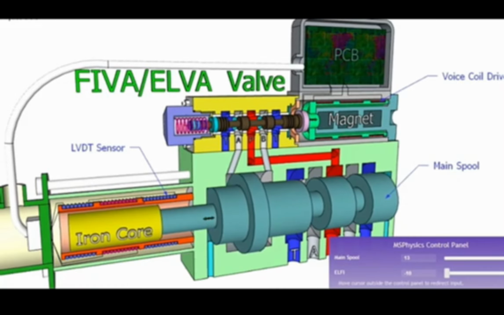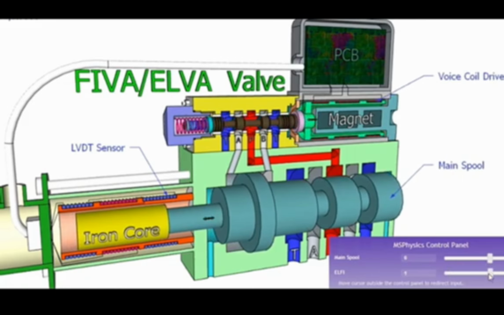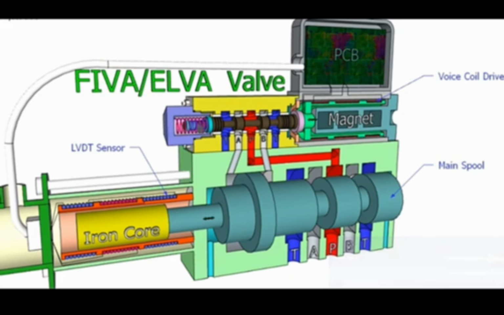And for a feedback sensor they give an LVDT sensor for the main spool, and the FIVA valve also has a sensor, the pink color one you can see near the voice coil drive. In a few seconds I will explain how the voice coil drive is working. And this self-centering spring is for fail safe. If any power failure happens, then the pilot valve spool will become centered, and the main spool valve will be in the same position without